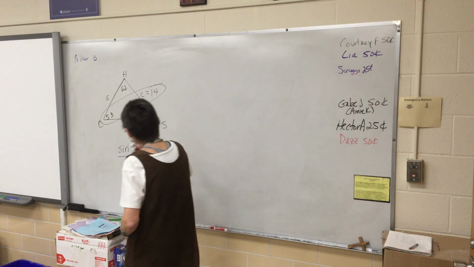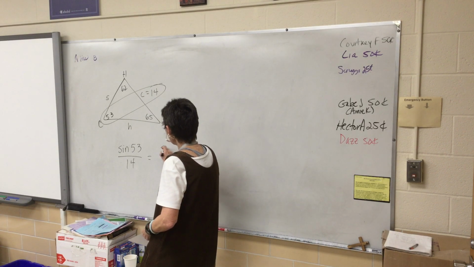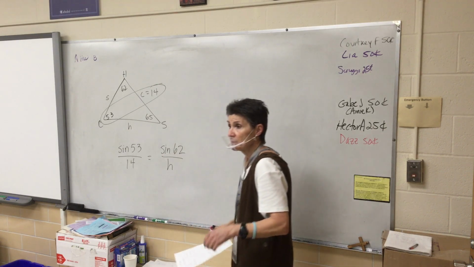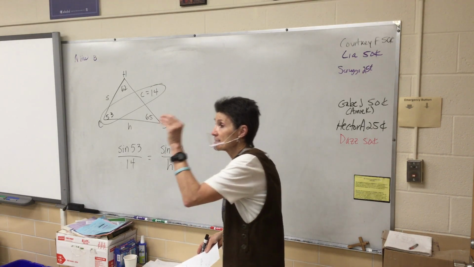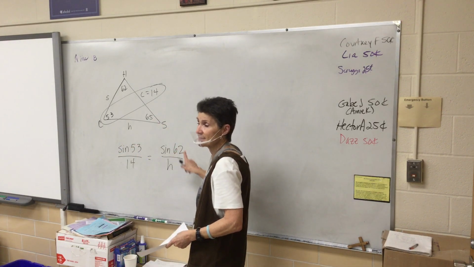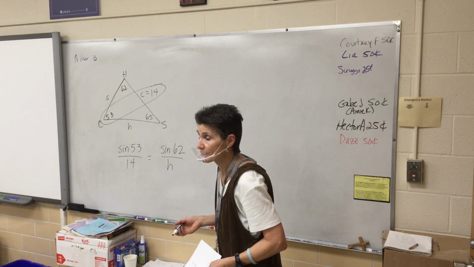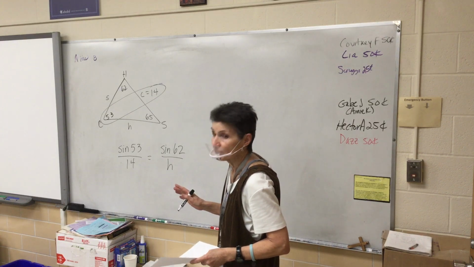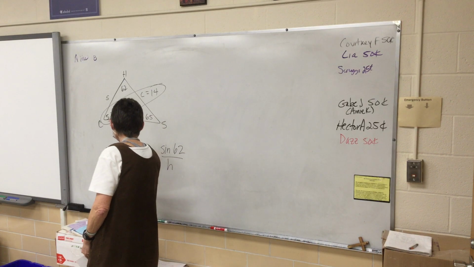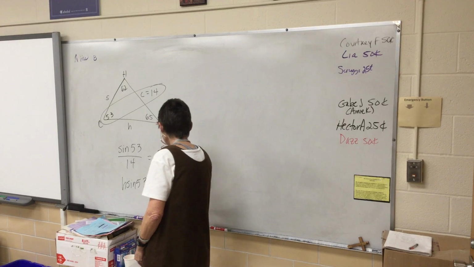So you're going to have a pair, and that's the pair you're going to start with. Now, if we're doing H, then we'll say sine 62 over H. Now remember, it's sine angle. Don't just put 62 over H. It's sine 62 over H. Okay, so then what do we do? Well, we don't divide yet. Cross multiply. First we have to cross multiply, and then we will divide. So we'll have H sine 53 equals 14 sine 62,